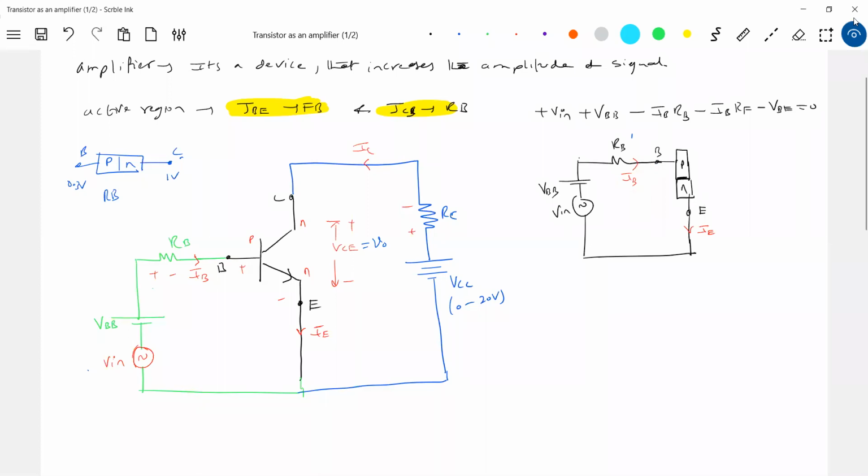That's why the books avoided it. So the same current IB should flow. No, not like that. Think here. This is what I'm extending. Some current will get added up here. I'm not showing it, but some current will get added up. So a part of the circuit shown like this is against the convention. That's why the books are avoiding it. For your convenience, I'm showing again. Don't write IB equal to IE. IE will be greater than IB. What is the basic thing? This happens everywhere in the transistor.